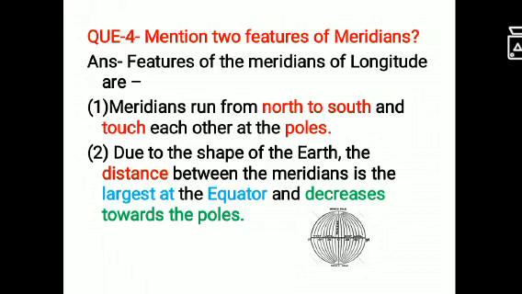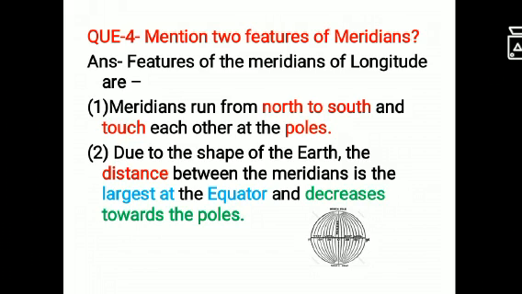Students, let me tell you a trick so that you are not getting confused in longitudes and latitudes. Longitude word is derived from the word long. So it means that it is coming from top to bottom, and top is our north and bottom is our south. So therefore longitude, that is the meridian, runs from north to south, and the poles, north pole and south pole, are being touched by them.